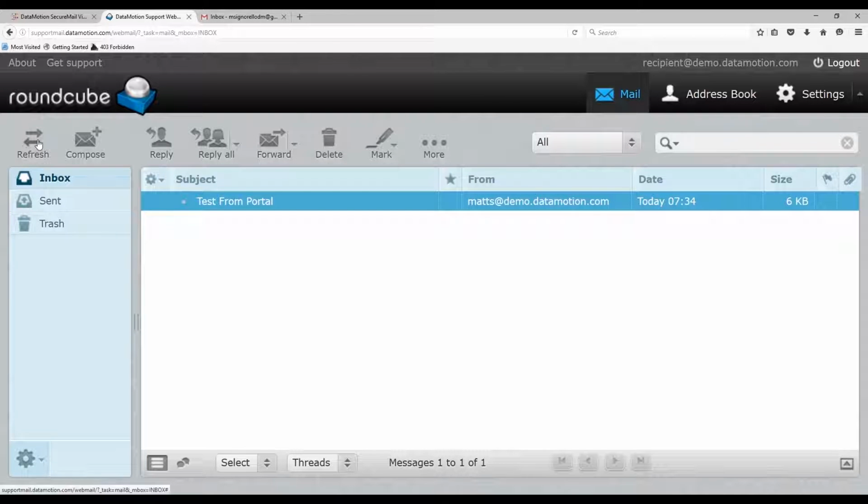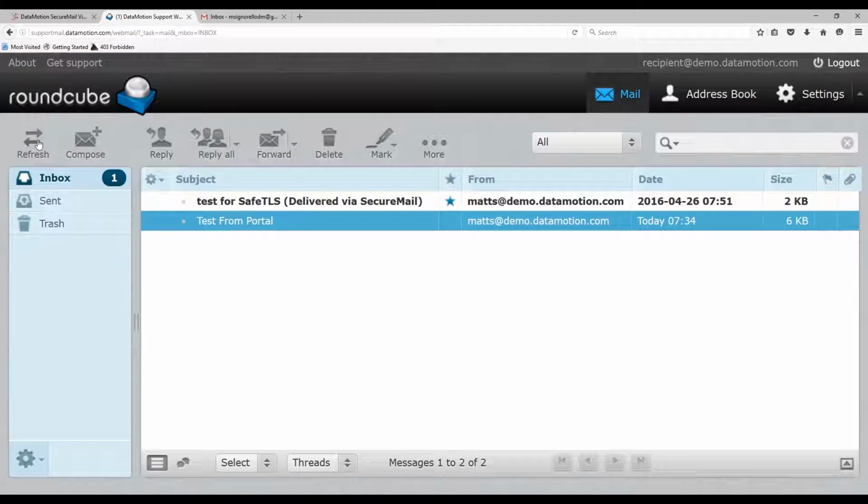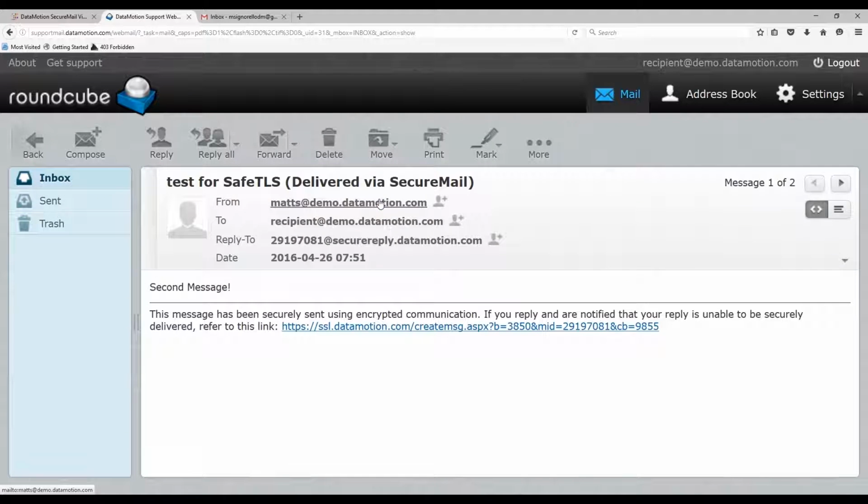So here we're back in our open source email client. I can refresh my inbox, and now I can see that I have a new message, but this time I can see the difference is that in the subject line it says delivered via secure mail. Now, when I open up this message, I see the message already sitting in my inbox. I don't have the need to go to the portal to view it. I don't have to enter my password or do anything like that. Because the DataMotion SafeTLS feature is a complete end-to-end solution, you can actually reply right from your email client,